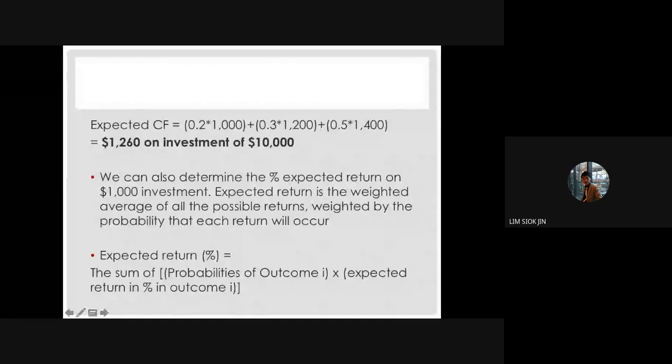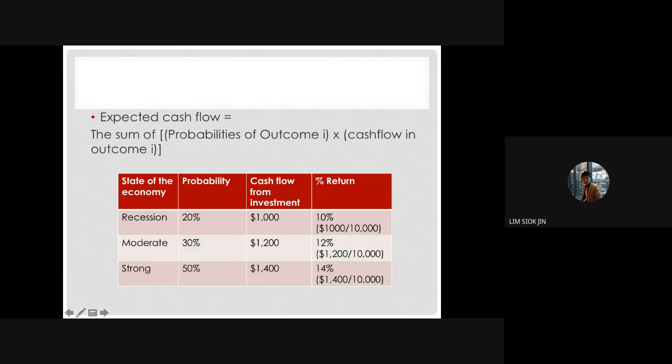Okay, thank you. So, continuing, when we talk about the word expected cash flow, out of this 10,000 that you put in, your expected cash flow is 1,260. So this is in dollars. All right, and as I said, 10,000 you invest in your business, it doesn't mean that you will definitely make 1,260. No, it is just an expected, approximate. In Chinese, 我们讲大概啦，大概。